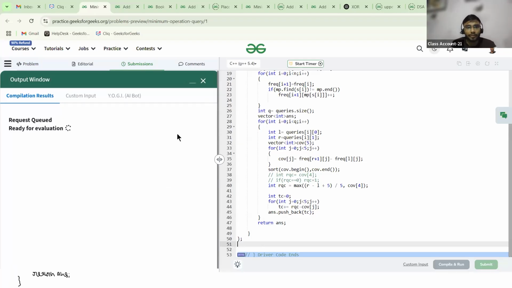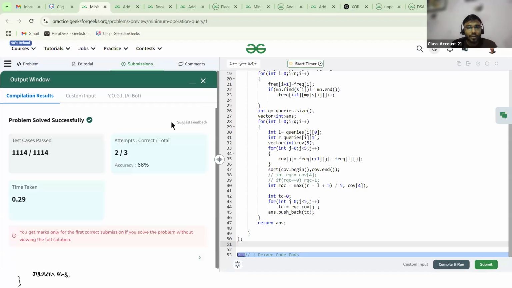Yes, if I'm going to submit it. All the test cases have been passed successfully.